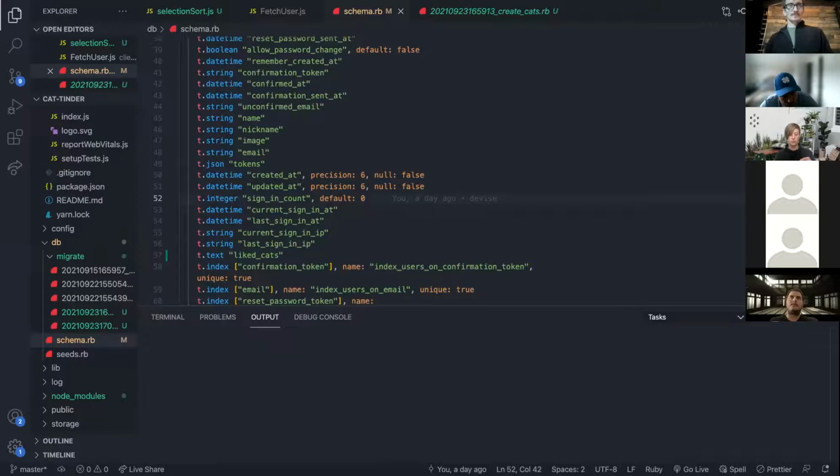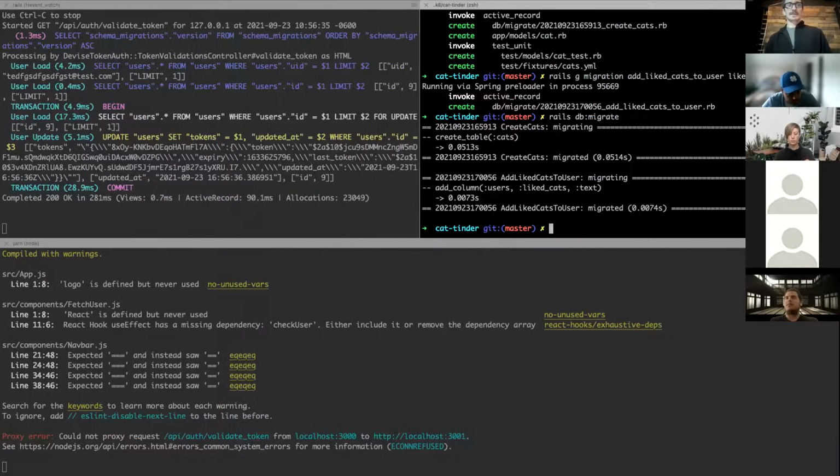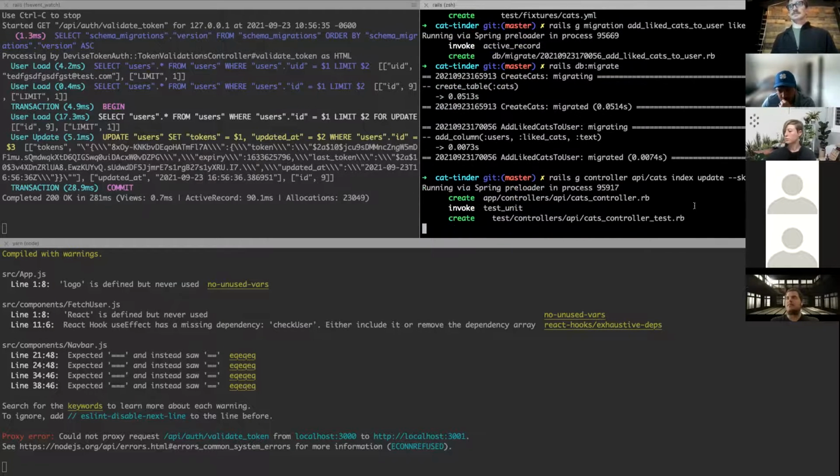Okay, so yeah, let's go back here. The next thing we want to do in our terminal is just create some routes. So let's do a rails g controller api/cats. We're just going to create two methods, an index and an update. And we can skip routes and just manually do them ourselves. This just defines an index method and an update method in our controller, and skip routes just doesn't add anything in our routes file. So sort of kind of excessive tags, but